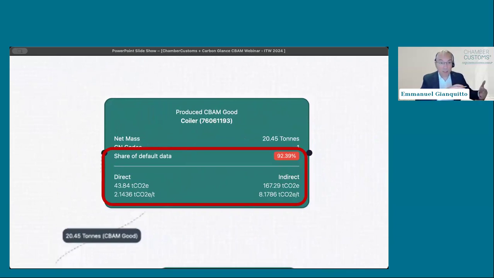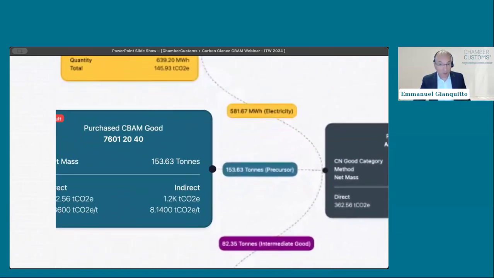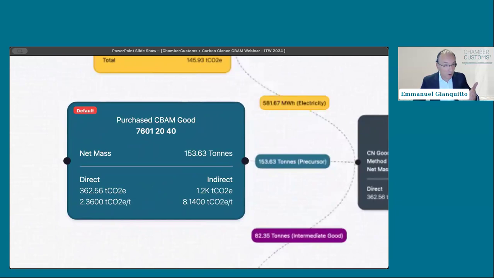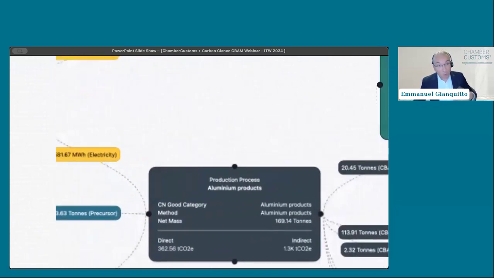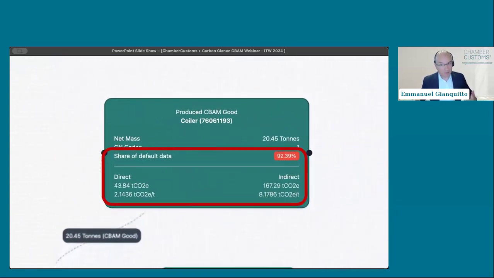Because we didn't have the information for the precursor, which in this diagram is the only precursor, the weight of that, when we take everything else into consideration, is 92%. So we have a product that relies 92.39% on default data. And as Victor was explaining before, this is not good enough.